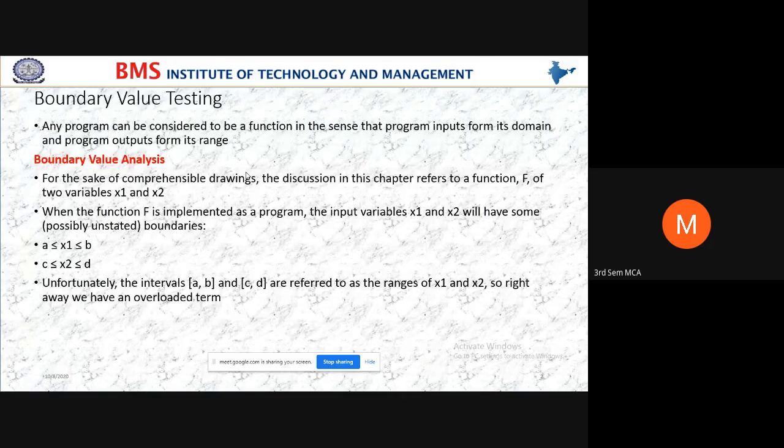Yes, students, to do testing, the boundary value is very much important. Why is the boundary value very much important?